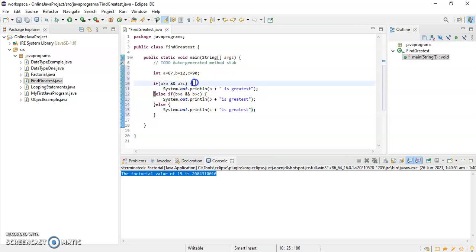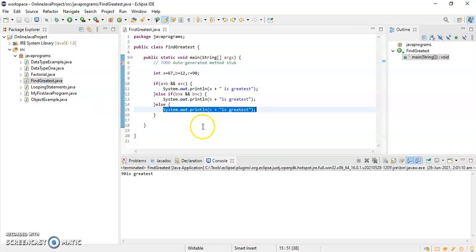If this condition doesn't get satisfied, then it will come to this else if statement and check this condition. If this gets satisfied, then it will print the statement written here. And if this condition doesn't get satisfied, it will come to the else block and print this statement.